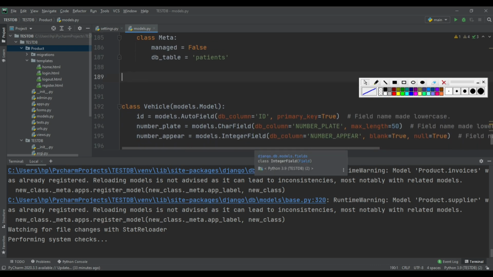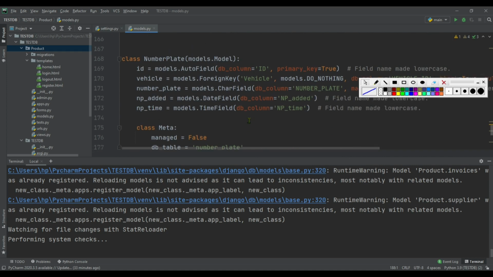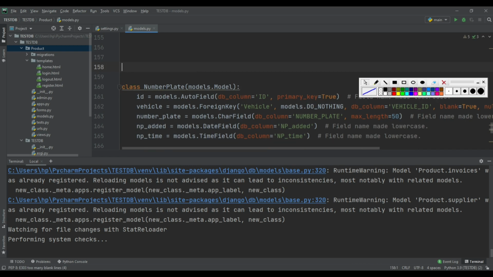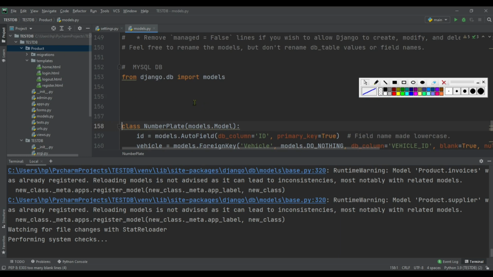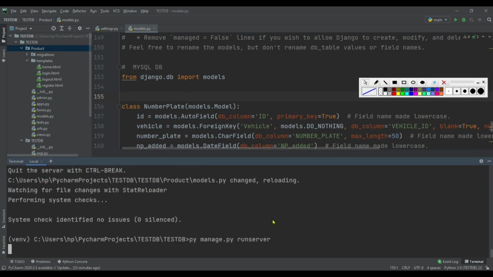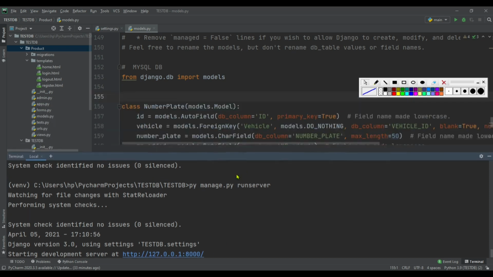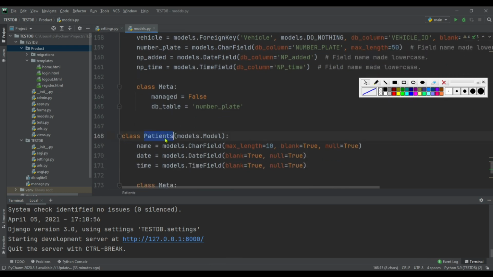So remove this supplier name from one DB, and this invoice is also available inside Microsoft SQL and MySQL. So remove that model class name. So here model class name must be unique. So save the file, stop the server, run the server again. This time server is running without any warning and error because we are having all the unique model class names.